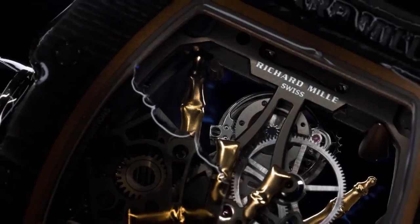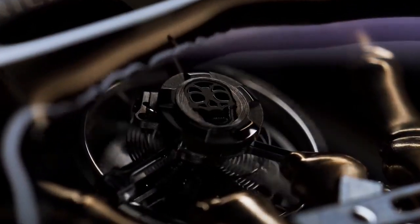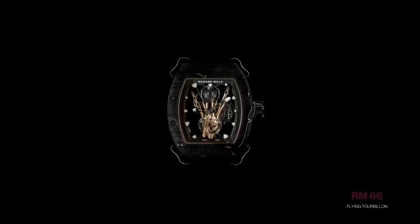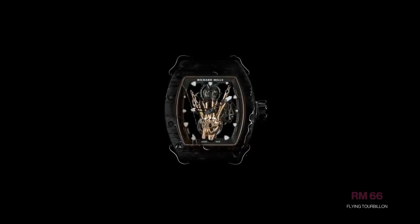Balance wheel, glucydur, 2 arms, 4 setting screws. Moment of inertia is 11.50 mg cm². Angle of lift is 53 degrees. Frequency: 21,600 VPH, 3 Hz. Balance spring